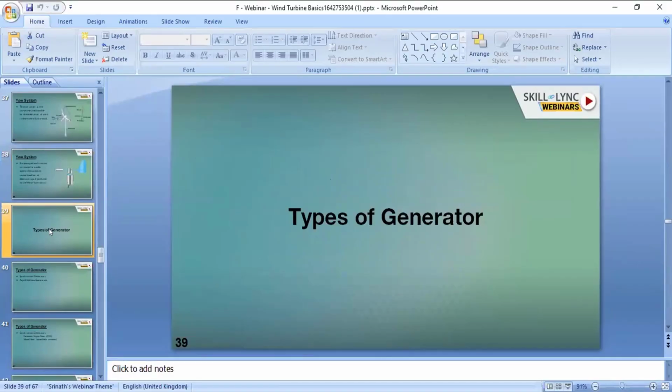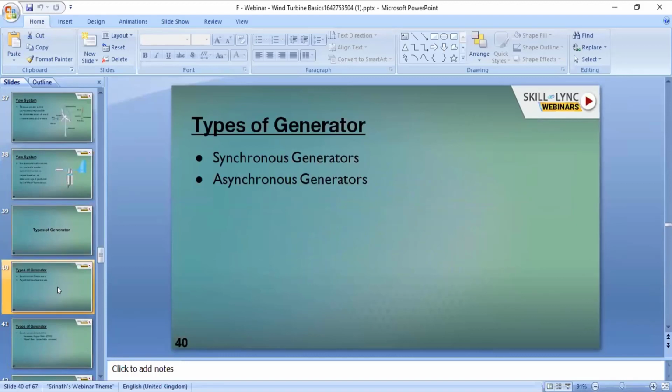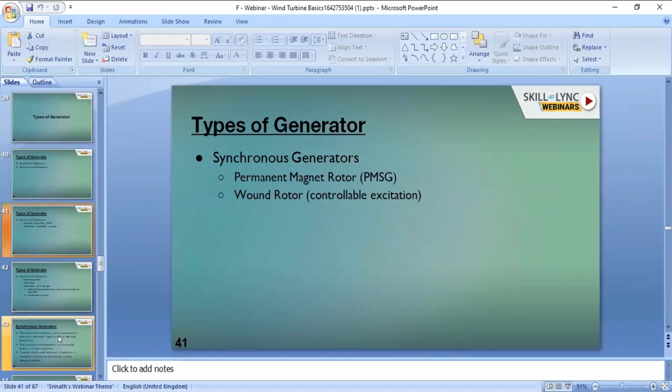Next, we'll see the various types of wind generators. Mainly, there are two types of wind generators used in the wind turbine. First is synchronous generators. Second is asynchronous generators. The synchronous generators are again in two types. One is having the permanent magnet